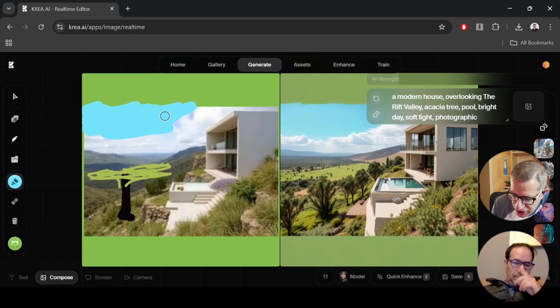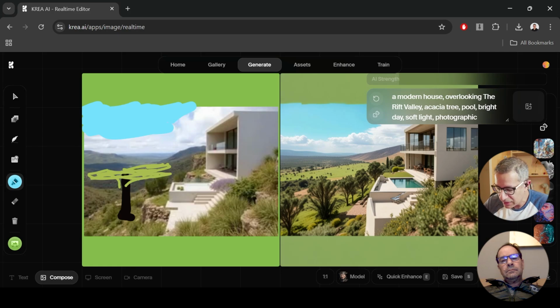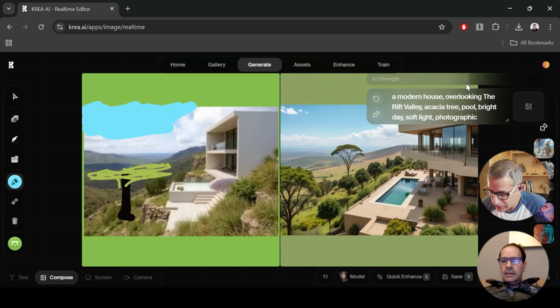But every time I change something, the whole image is changing. And the reason that's happening is that it literally has to recalculate the whole image. They don't have masking capability yet. I'm sure that'll come. And what if I was to prompt more, a modern house overlooking the Rift Valley,